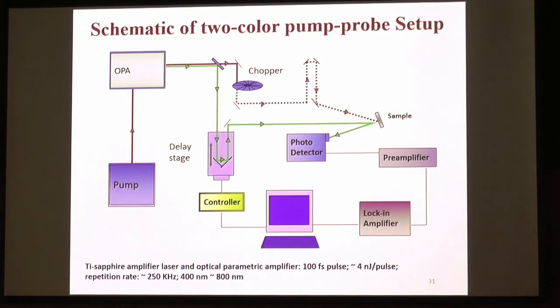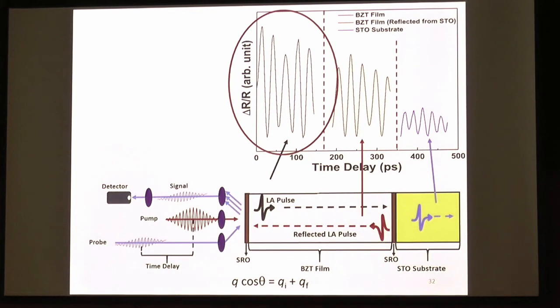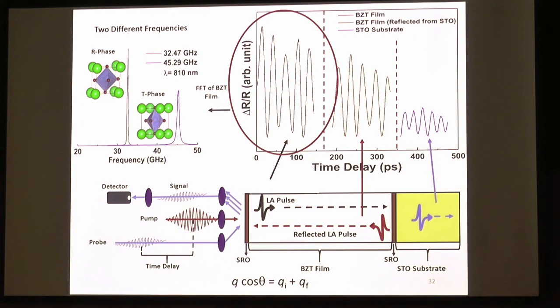I'm going to skip all this here and just show you the result of these pump probe experiments. By doing the fast Fourier transformation of this pump probe signal, it tells us these two phases, one rhombohedral, one tetragonal, differ very much in their elastic property. You can see from their characteristic frequency in this acoustic wave experiment. So our hypothesis of highly anisotropic elasticity is proven by this pump probe experiment, which we did in